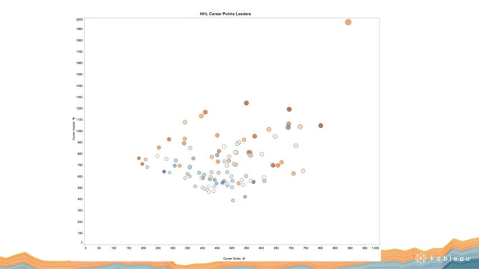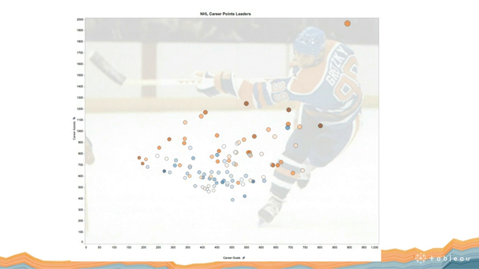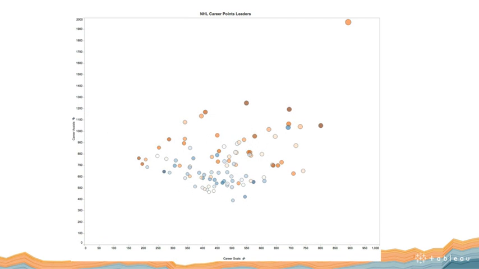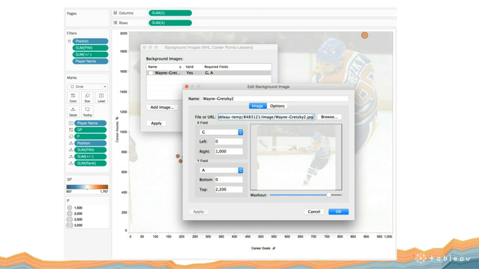And again, I think it had a lot to do with the fact that there was an image in there. It made it unforgettable, okay? And that's easy to do, from a how-to point of view. I can just add a background image to any scatter plot in Tableau. Very doable. It didn't take much.